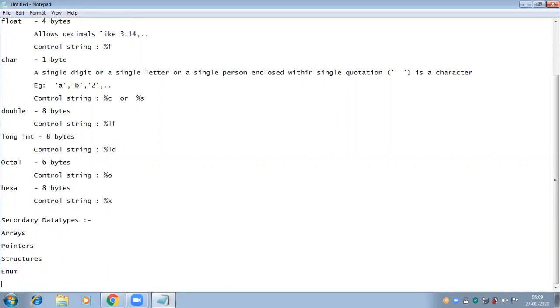So what is meant by a variable? How can I declare variables here? Variables are used to store some value. A variable may take different values throughout the execution of the program.